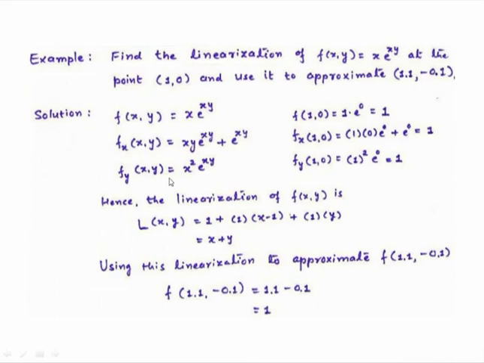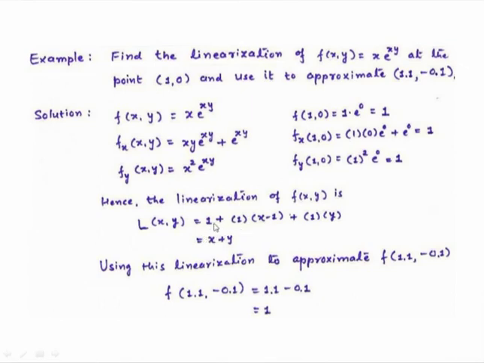Similarly we can find the partial derivative of f with respect to y, which is x squared e raised to xy. Here x is constant and the partial derivative of e raised to xy is e raised to xy times x, so the extra x is multiplied, giving x squared e raised to xy. Now we find the partial derivative of f with respect to y at the point (1, 0). So fy at (1, 0) is 1 squared times e raised to 0, so 1. Hence the linearization of the function is